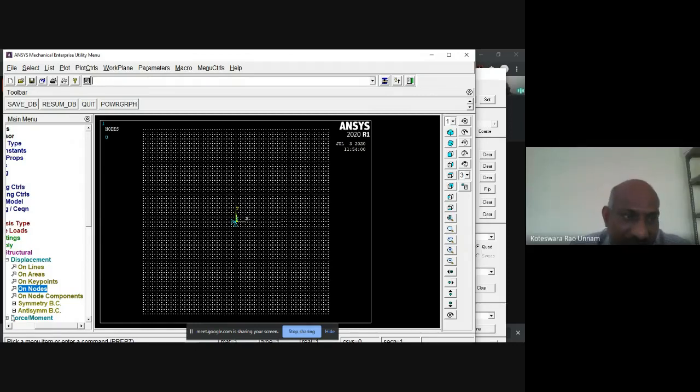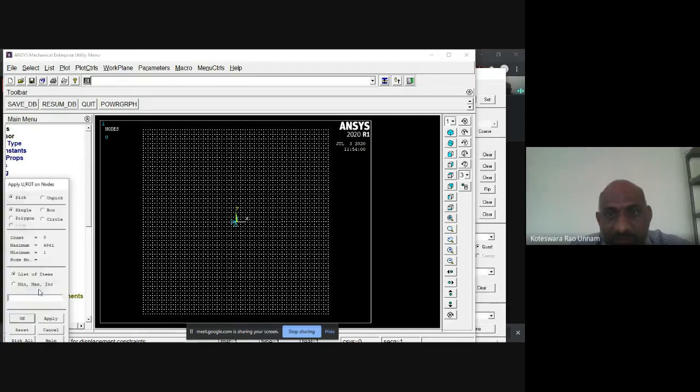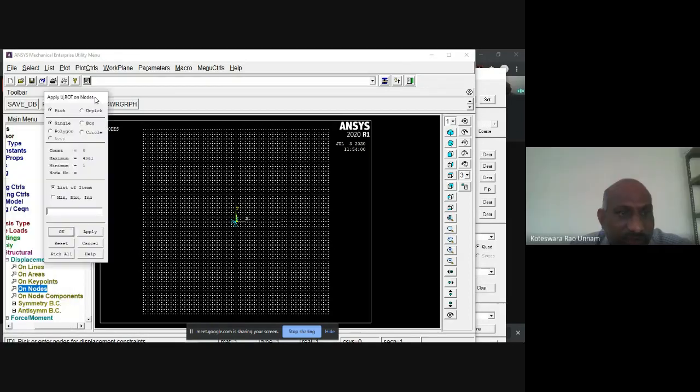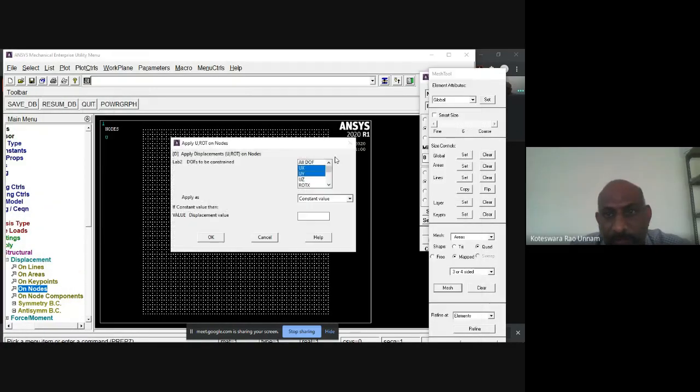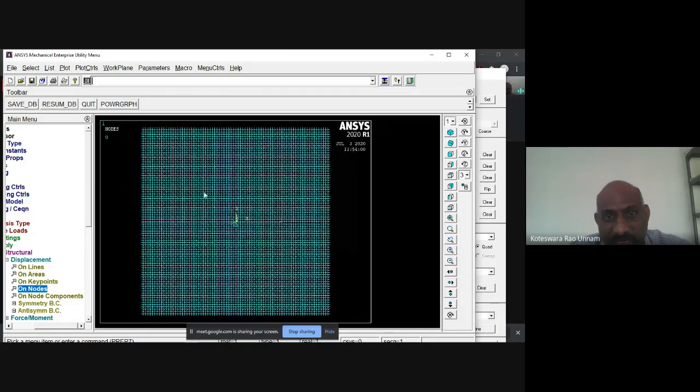But before that, for all the nodes, I'm not going to allow movement in the z direction. So I'll select displacement on nodes, then pick all, then apply uz 0 for all the nodes. So now it is placing uz 0 for all the nodes. This blue color indicates that that is the constraint in all the nodes.